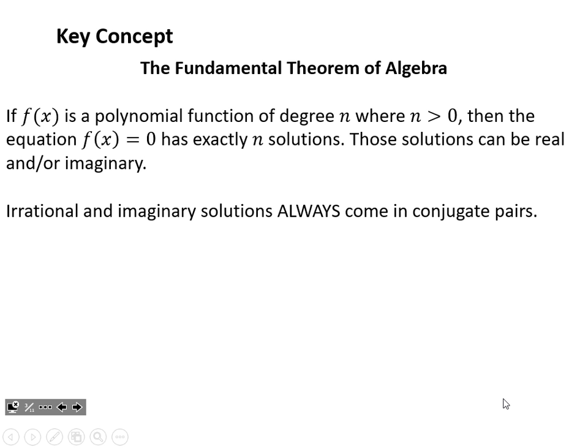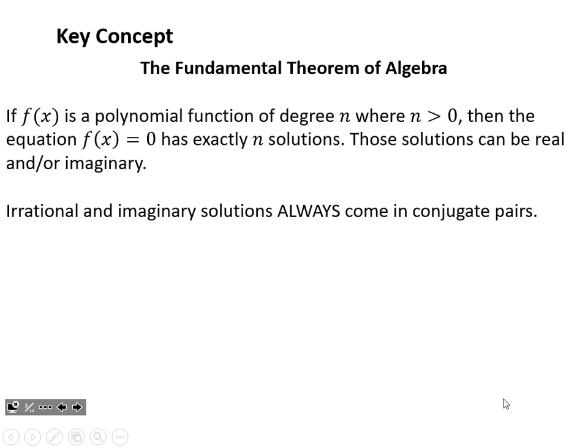The Fundamental Theorem of Algebra was devised by a man named Carl Friedrich Gauss, and basically he found a pattern that if we have a polynomial function that has a certain degree, remember that's the highest power that we see on a variable in our function, then when we try to find the zeros or set that function equal to 0, it will have exactly n solutions. It will have the number of solutions that matches that degree. And we've already seen this come up, right?